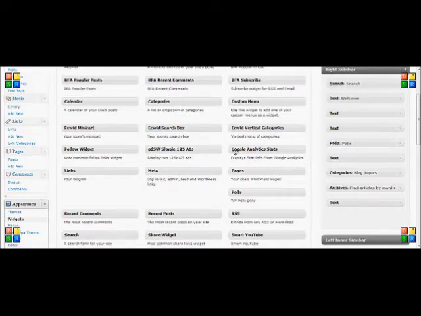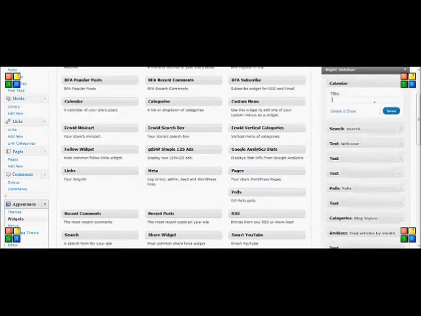So if you want, let's just say I want a calendar of the posts that I've put on the website. Here's a calendar. It says right here, whoops, it's a calendar of my site's posts. If I want to put that up there, I just simply click it and I drag it over, and let's put it right up. You can choose where you want to put it. I'm going to put it right up on top here. I mean, I could put it anywhere in that order of widgets. I'm going to put it right up on top, and I'm going to title it Calendar of Posts. I'm going to save it,